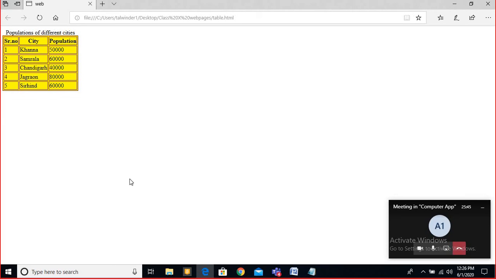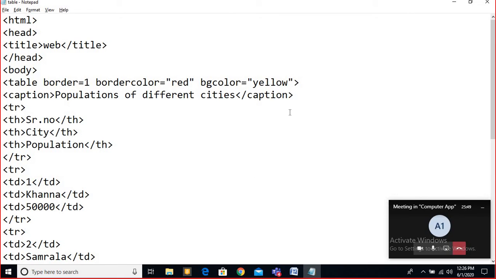Then you have this one. If you use this attribute with the table only, then it applies to the whole table.